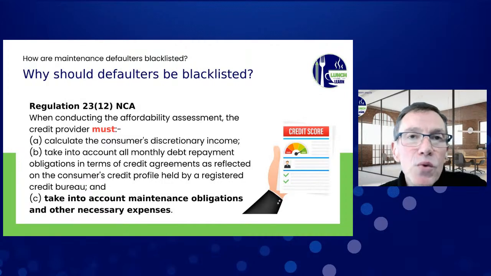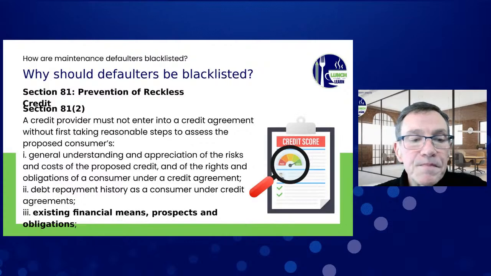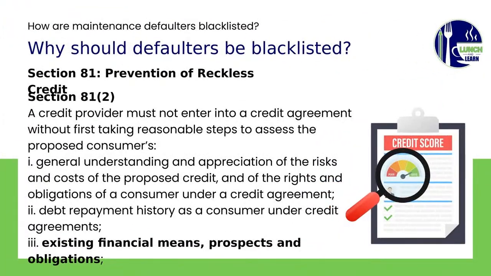If you apply for credit at a furniture shop or at a bank, then the credit provider is under obligation, in terms of Section 23(12)(c), to take into account the maintenance obligations of that person as well. I've spoken previously about the whole idea of reckless credit, and that is dealt with in terms of Section